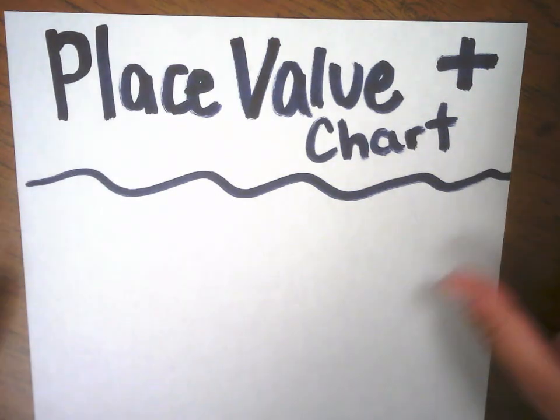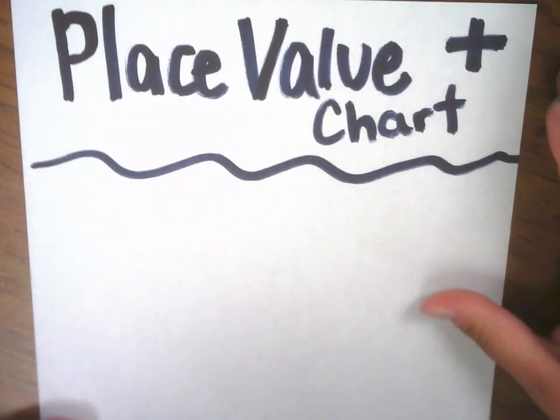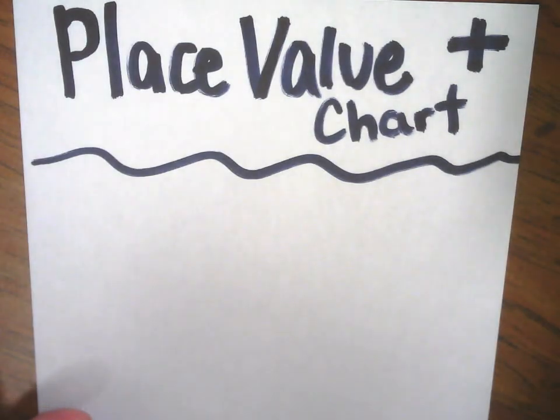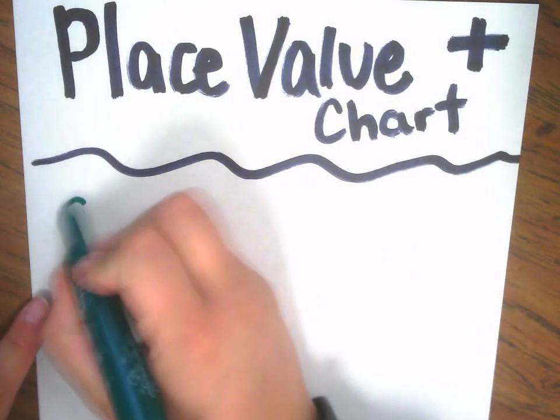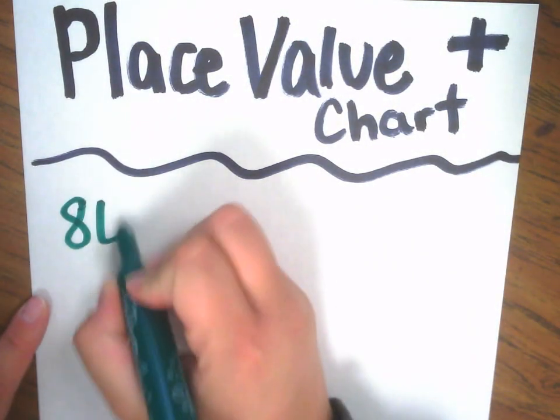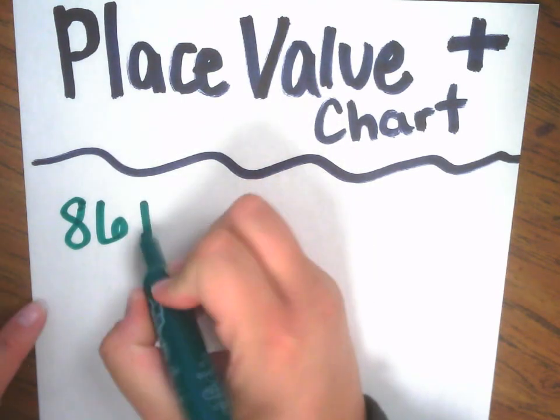Alright, so the first strategy I'm going to show you is the place value chart for addition. So we call them TO charts or HTO charts. It just depends on what we're working with. So I'm going to show you how to add using a place value chart. So we're going to do 86 plus,